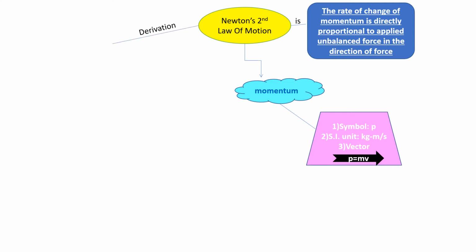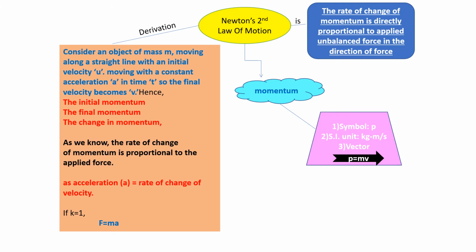Now let us see the derivation of this Newton's second law of motion, which is very important, and for you it may be confusing as well. So whenever they ask you derivations, always have to start with the starting statements. So in a derivation what do we need? We need momentum, we need rate, meaning we need time, we need force. So all these quantities we will have to mention in our opening statements, right?